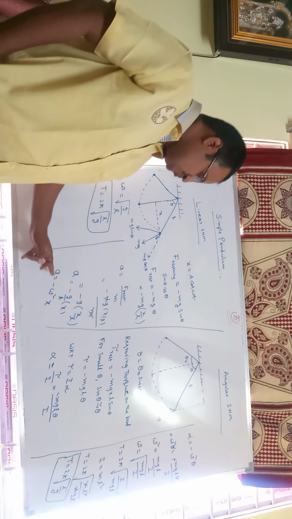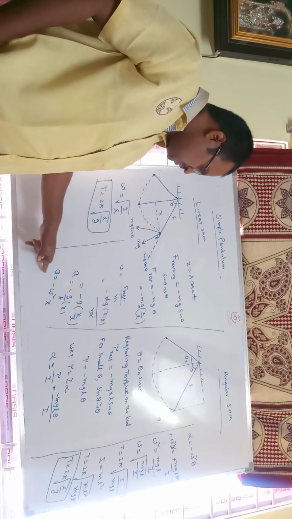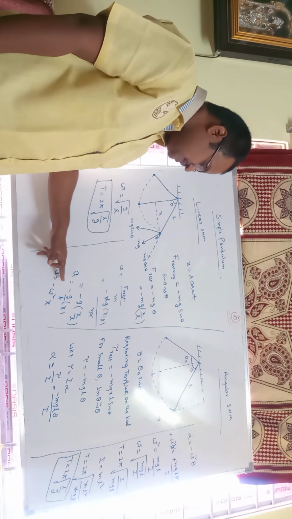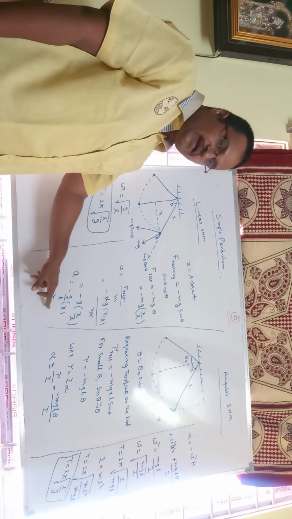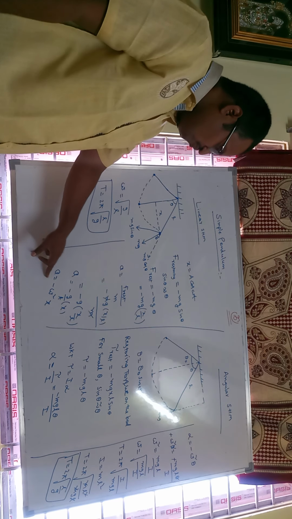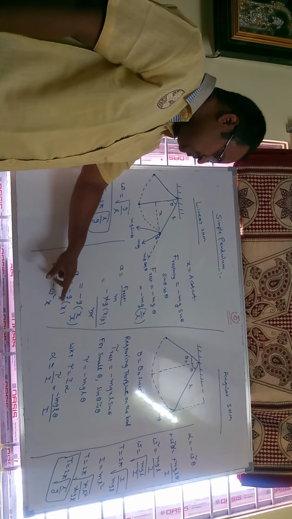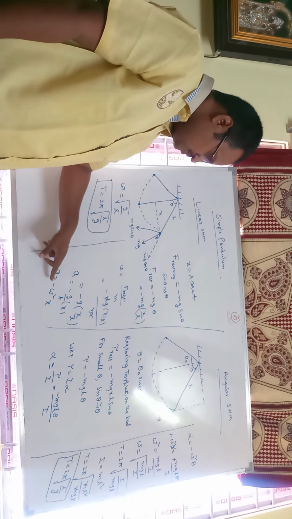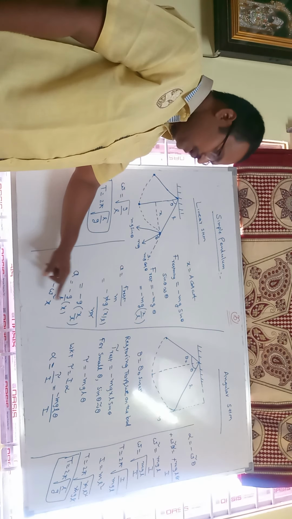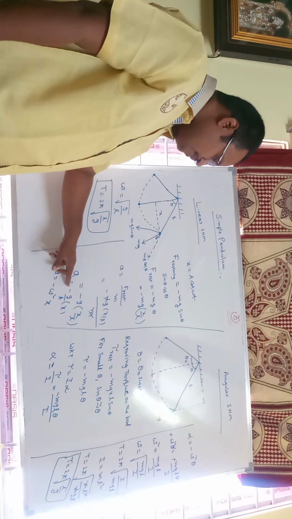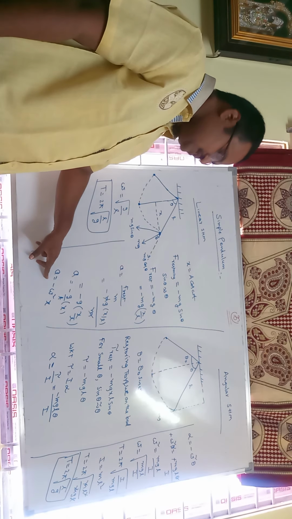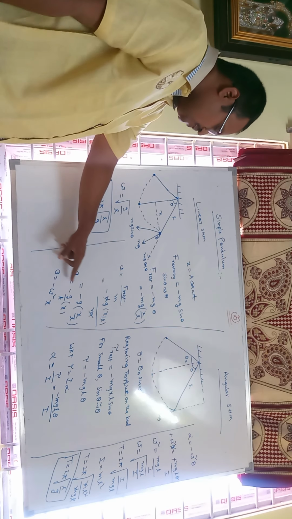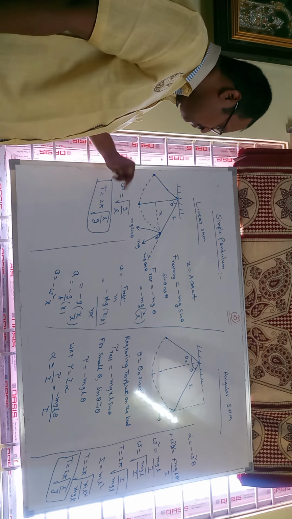Generally we know that the acceleration of a particle in simple harmonic motion is given by a equal to minus omega square into x. Now we can compare a equal to minus g by L into x and a equal to minus omega square into x. Instead of a, a is there. Minus is there. Omega square is g by L. Instead of x, x is there. So by comparing these two, we get omega square equal to g by L, omega equal to root over g by L.